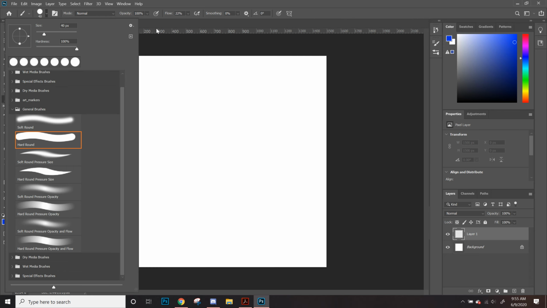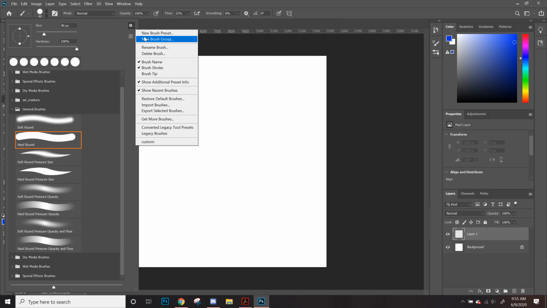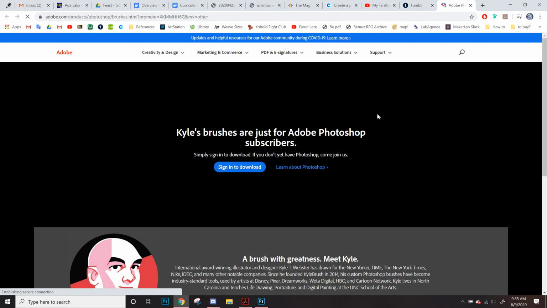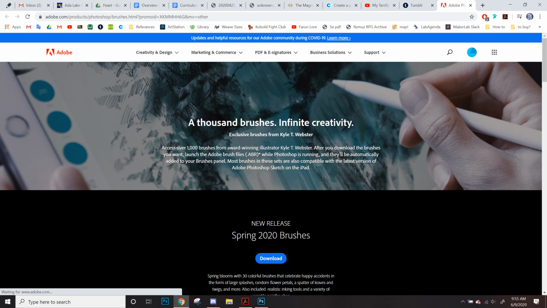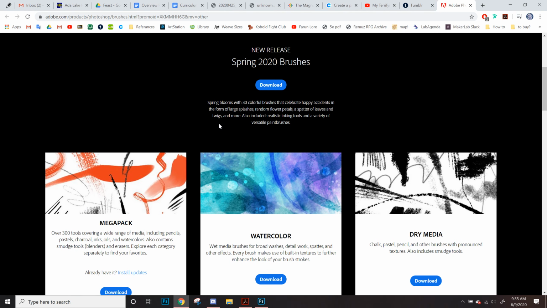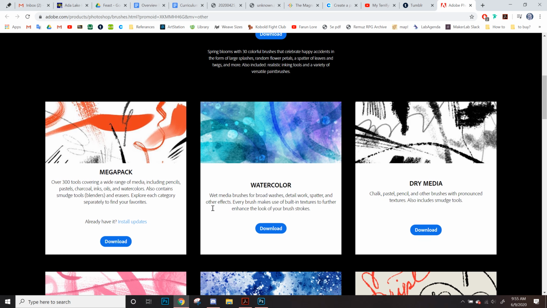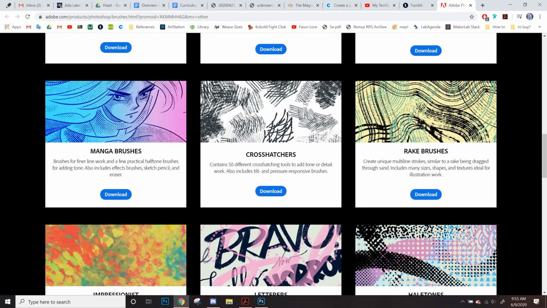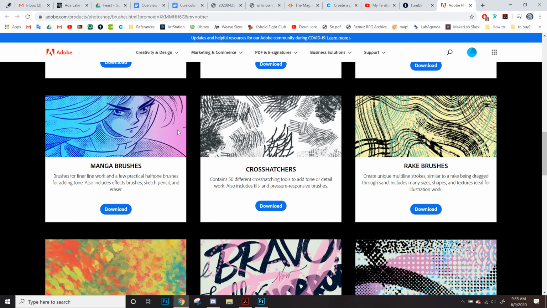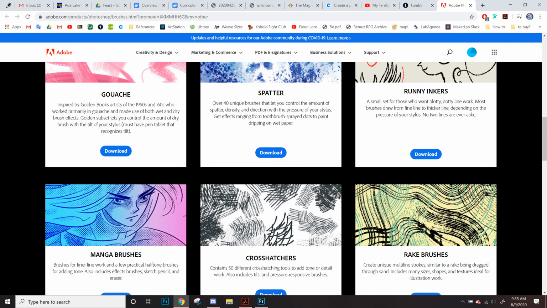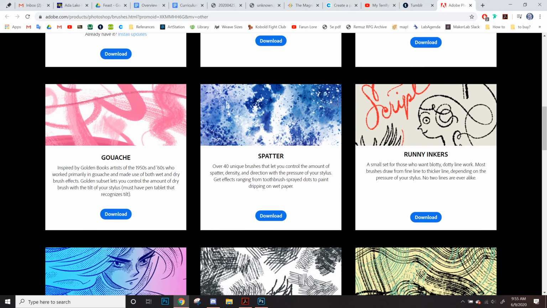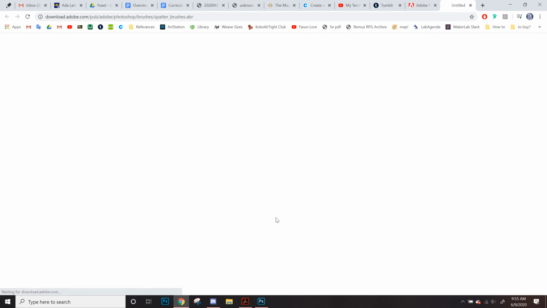Okay, so if you want to find actual brushes to install, if we go to this setting box and then go to get more brushes, this is going to open up Adobe's little landing page that has all these fun brushes. You will have to log in, which I believe you will have the access to if you're getting this free trial. And as you can see, there's a bunch of fun and different brushes that you can get. The manga brushes is probably a good place to start if you're looking for nice sketching brushes or something like that. But I'm going to just do the spatter brushes. So if you just hit download,